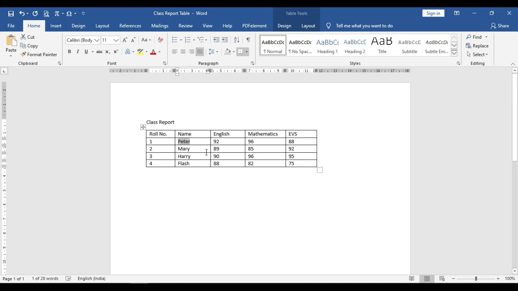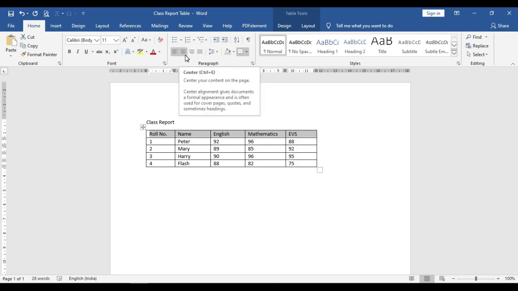You can also select a group of cells, like I am selecting these cells, and after that you can choose the various align options that are available in paragraph. Just look how they appear when I change the various alignments. This is center alignment, this is right alignment, this is justified and left alignment.